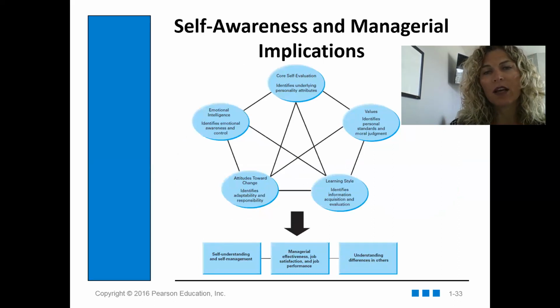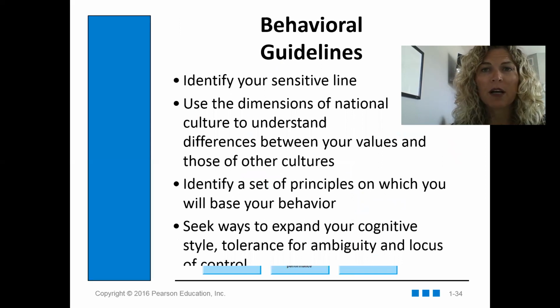Right. So overall, through the different lectures that you've listened to up to this point, we've talked about the different areas of self-awareness, and you can see that recognizing where we fall in these different areas can really help lead us to better self-understanding and therefore self-management, help us be more effective and satisfied in the roles that we hold or shoot for in an organizational setting. And another equally important factor is that it helps us understand those differences in others. So again, just to wrap up and highlight some of the behavioral guidelines you should have taken away from chapter 1: identifying what that sensitivity line is and what you can do to maybe prevent that defensiveness,